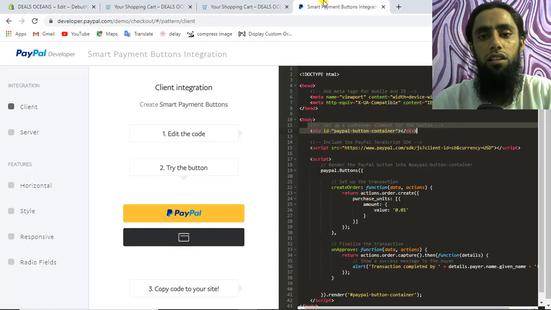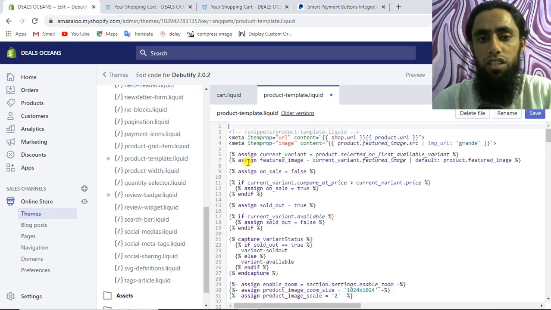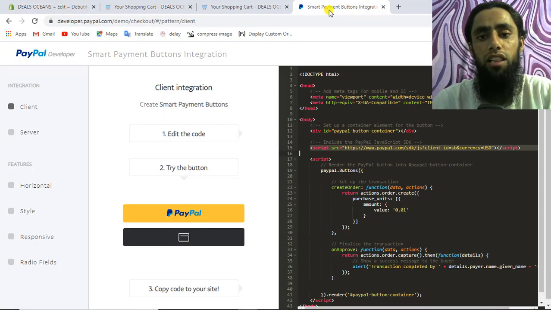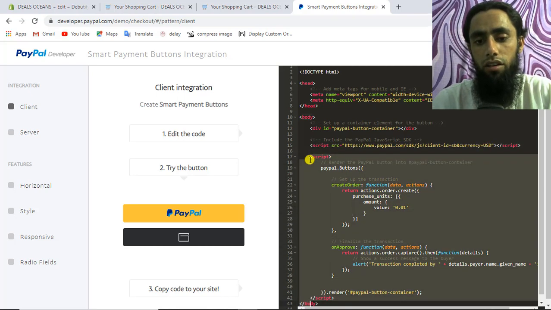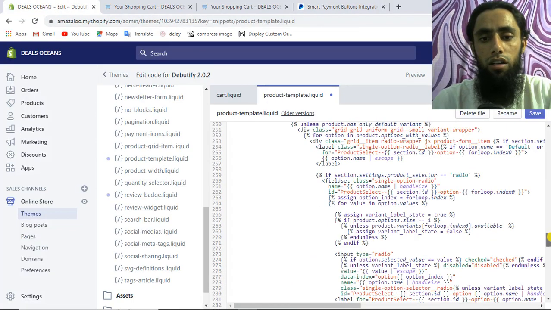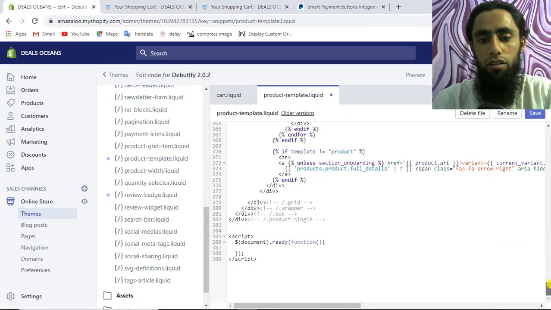You can see that here we have this specific script on line number 15, and then paste it on the top of this specific product-template.liquid file. Then you need to copy this whole script from here, and paste it at the last of this one.